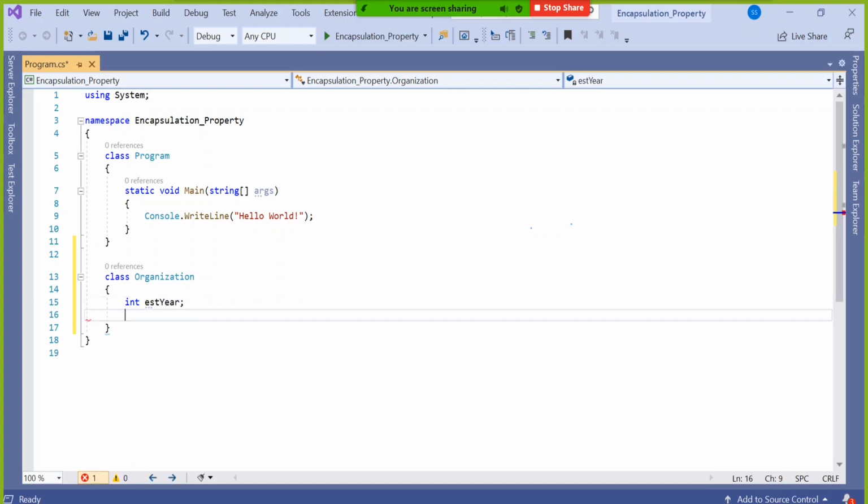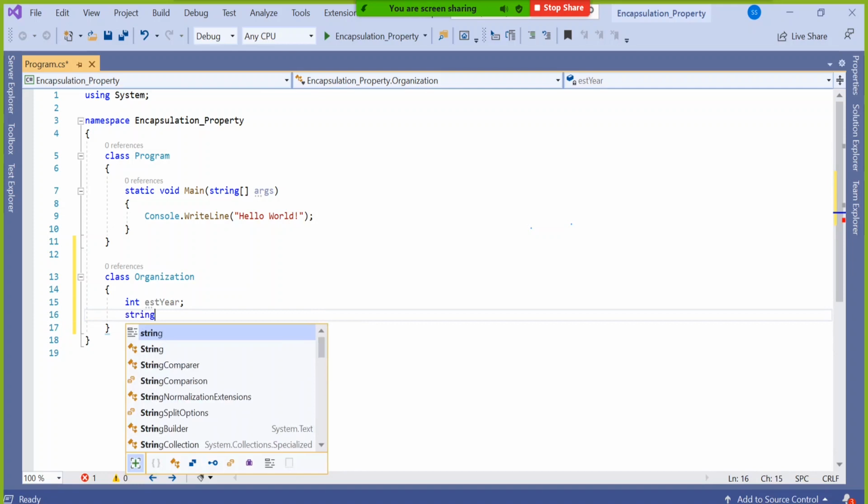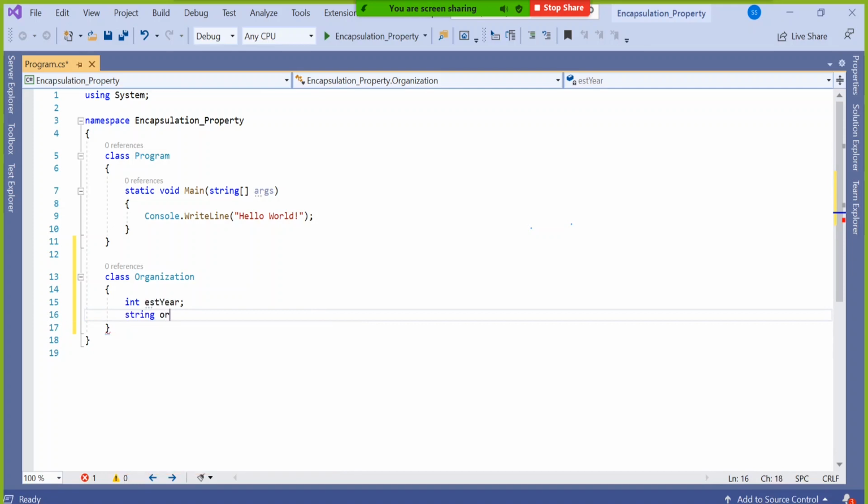That means when that organization got established. Something called organization name. Something like decimal. Let's take integer only. Total income. And say something called income tax.